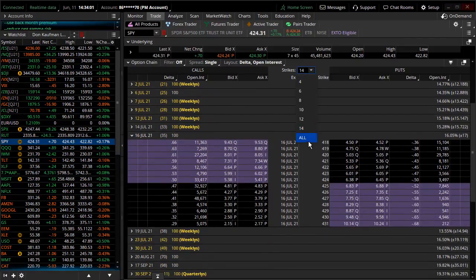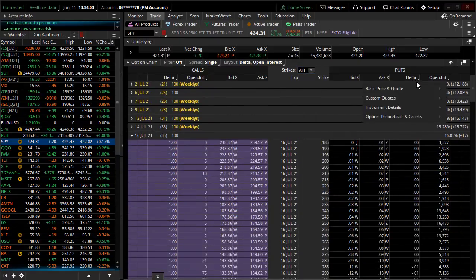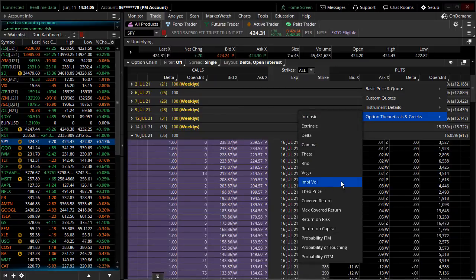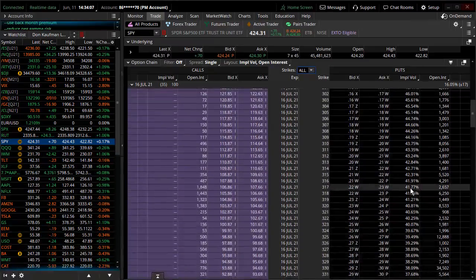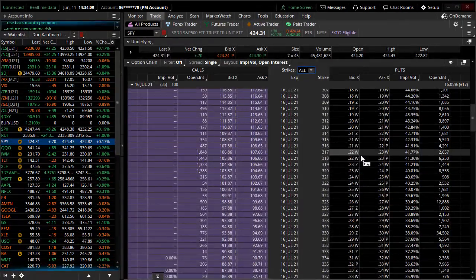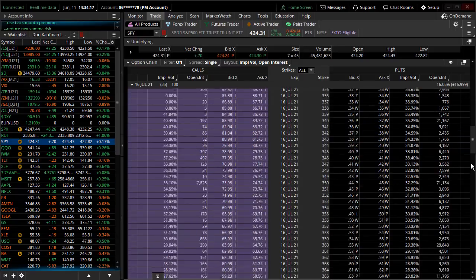I know that SKEW is based on 30-day. So we're going to open this up and look at implied volatility, the out-of-the-money implied volatility. Now, again, I know I'm over here in the spiders, but look, out-of-the-money implied volatility is all the way to like 41%. This is the kind of stuff that SKEW measures. It's way out of the money.